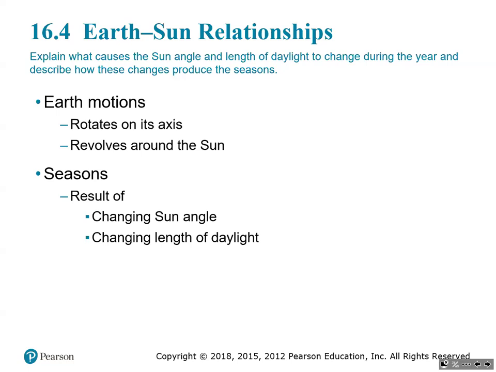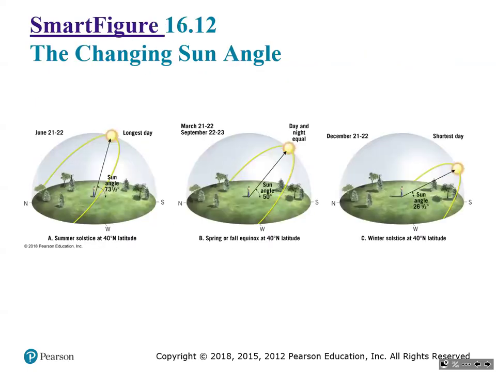Because of the tilt, sometimes the North Pole is pointed more towards the sun and sometimes it's more pointed away. When it's pointed more towards the sun, we get summer. When it's pointed more away, we get winter in the northern hemisphere. So over the year, the angle of the sun in the sky changes. During the summer, peaking at the summer solstice around June 21st or 22nd, we'll have the highest